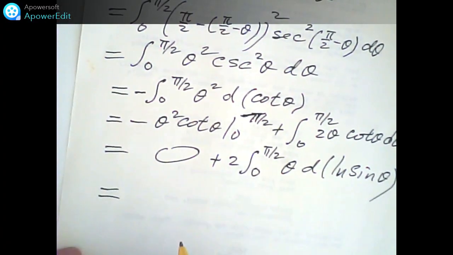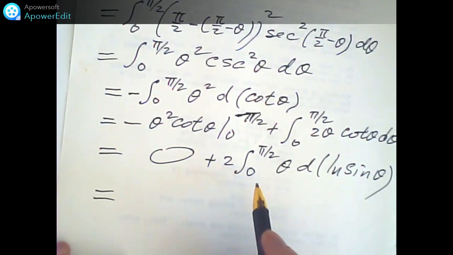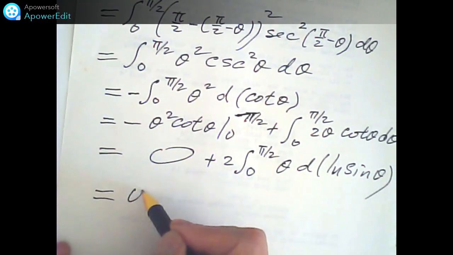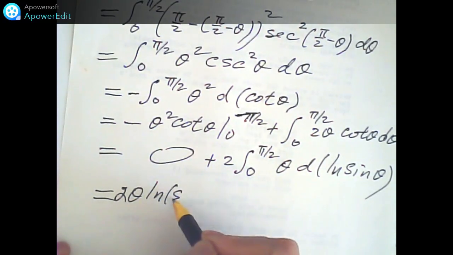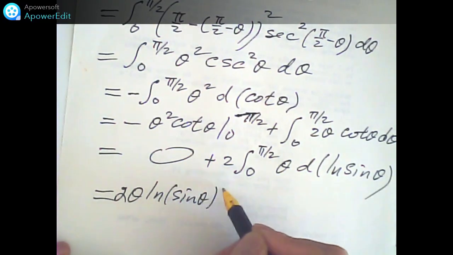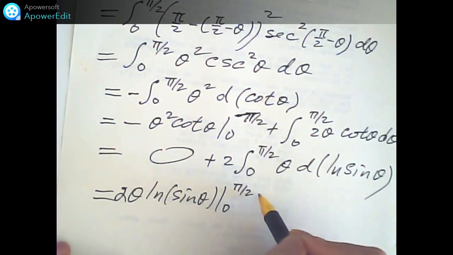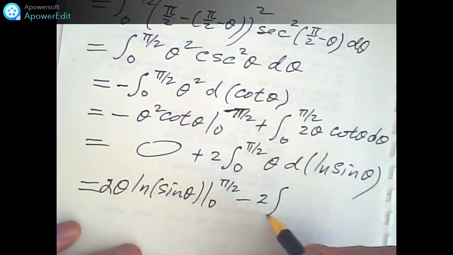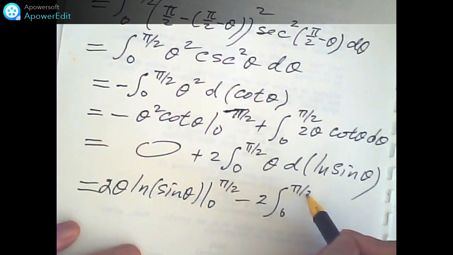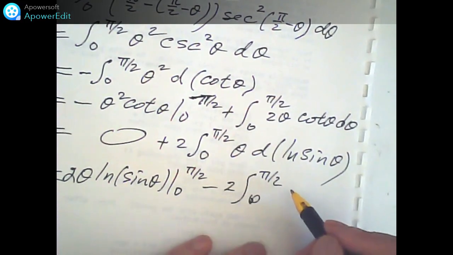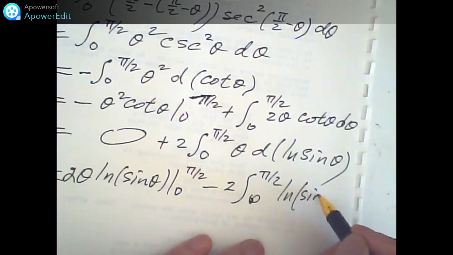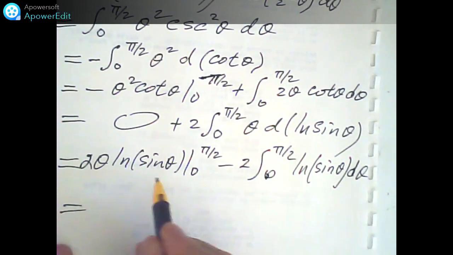So this one is equal to, by parts again, 2 theta log sine theta from 0 to half pi minus 2 times the integral of log sine times d theta. Okay, again,